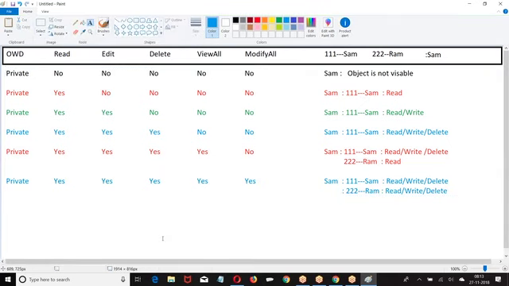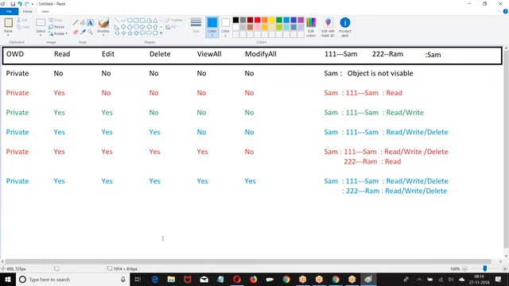this is how we got. Are you getting my point here? So you need to have read permission on the object, then only you get read permission on the record. You need to have edit permission on the object, then only you will get edit permission on the record. You need to have delete permission on the object, then only we get delete permission on the record. On the object read, record also read, you will get read. On the object read, write, on the record only read, we get only read. On the object read, on the record read, write, you get only read.